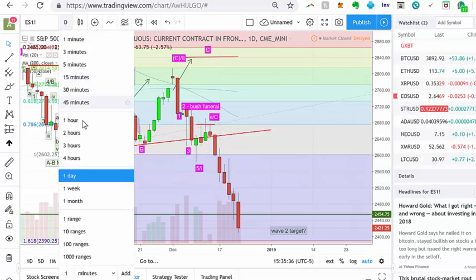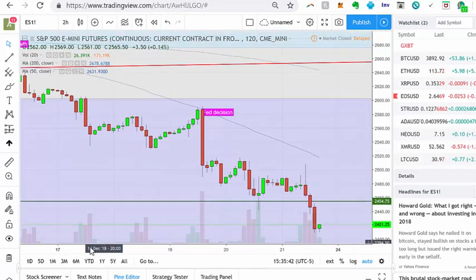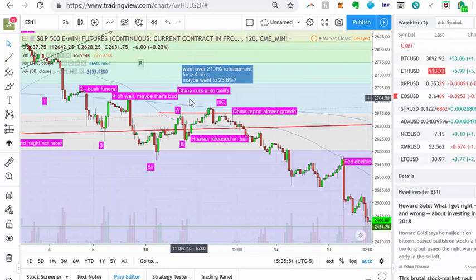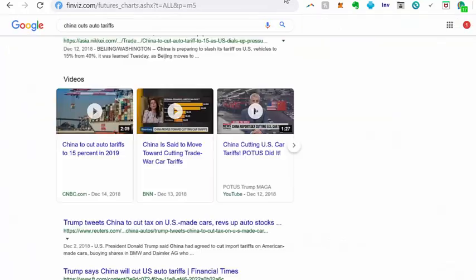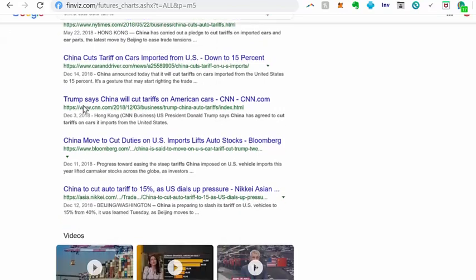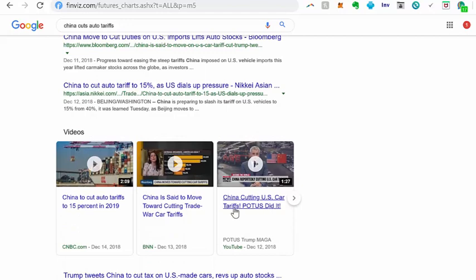it actually is still valid, because if you zoom in, what ended up happening was there was news about China cutting auto tariffs, right? That was around this December 11, 12 mark. If you Google China cuts auto tariffs, you get all these December 11th, December 12th results saying China is cutting U.S. car tariffs. So there was a lot of optimism that, after the November 30th dinner with President Xi and Trump, things were actually on track, and China was making steps to